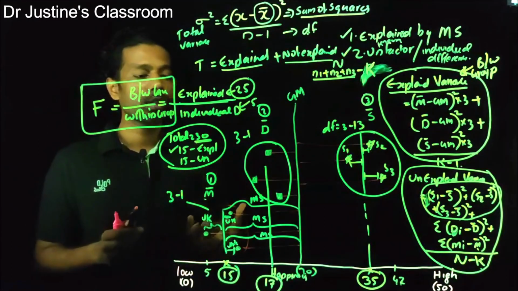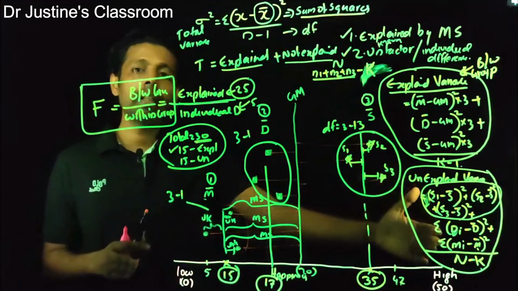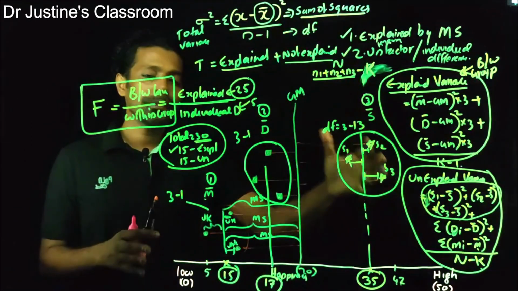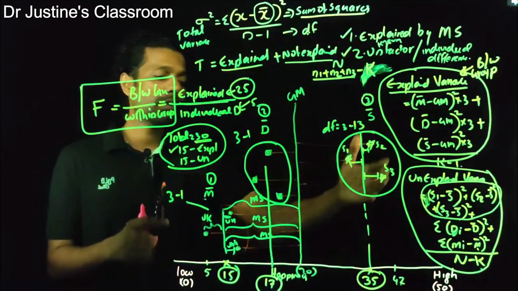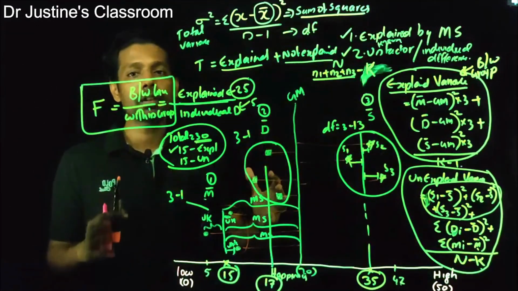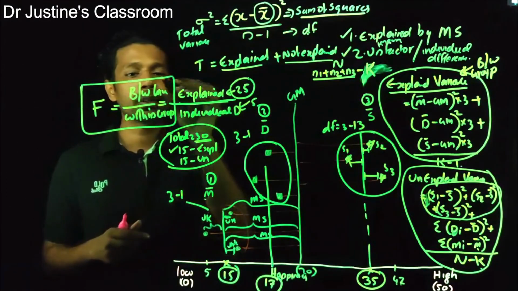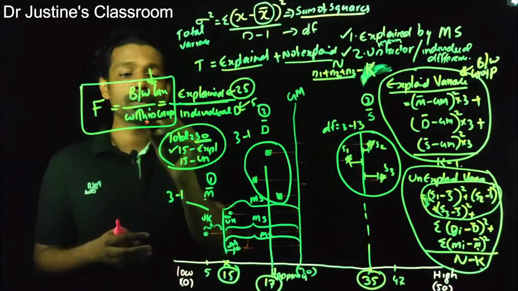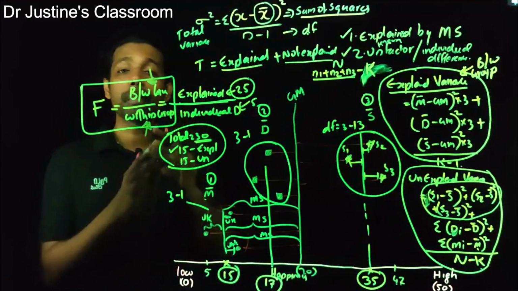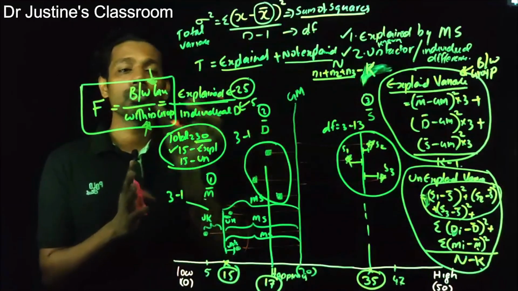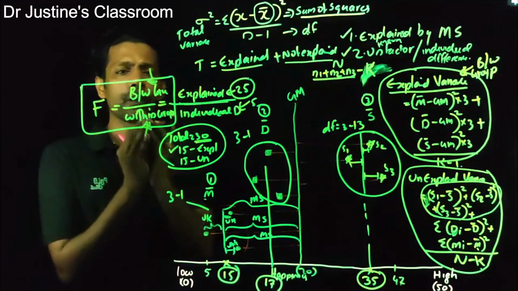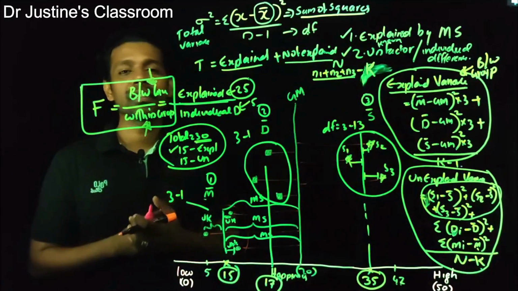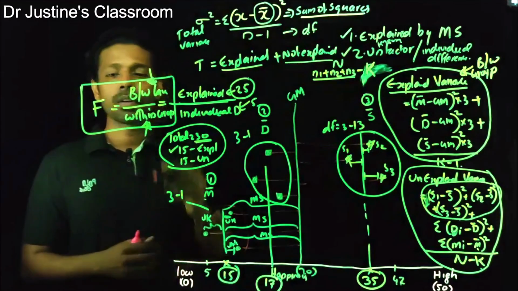We are trying to find out, among the total variance when you collect the data, whether a bigger chunk of the total variance can be attributed to the between group variance, or whether the major chunk of explanation is due to within group variance. If the major amount of difference is due to between group variance and very little is due to within group variance, then we say it's a very good observation. Now what is F here?